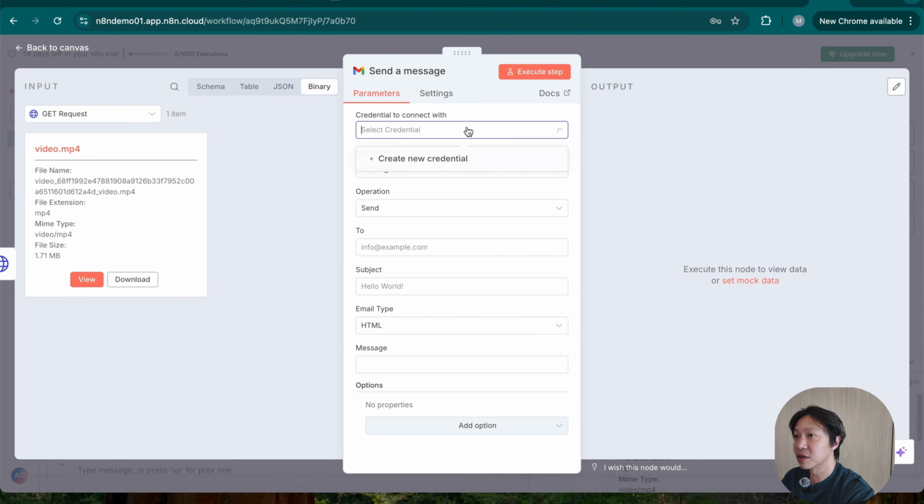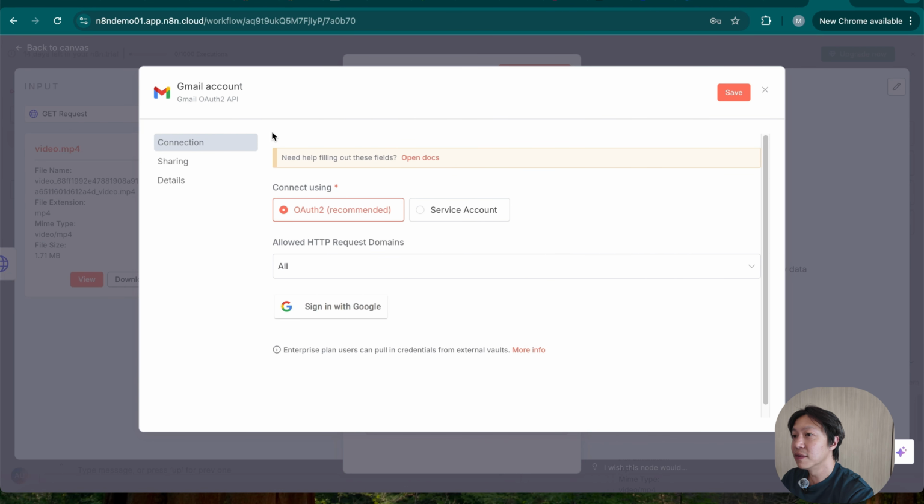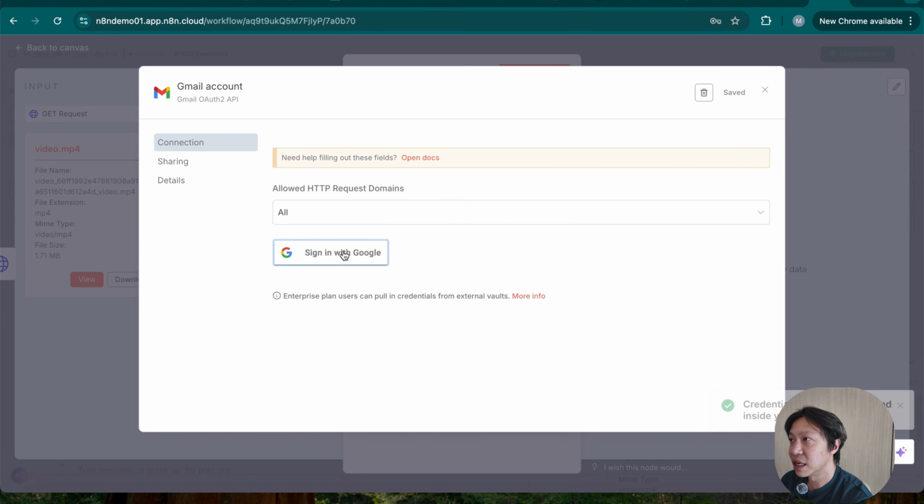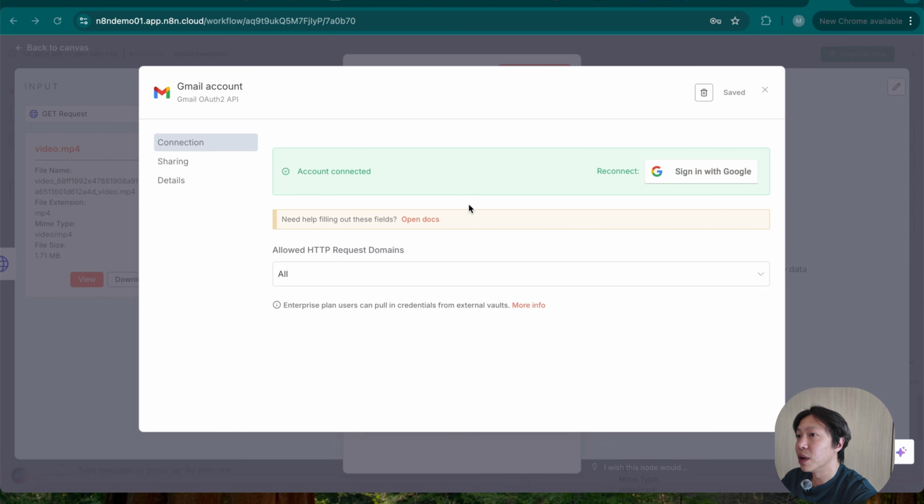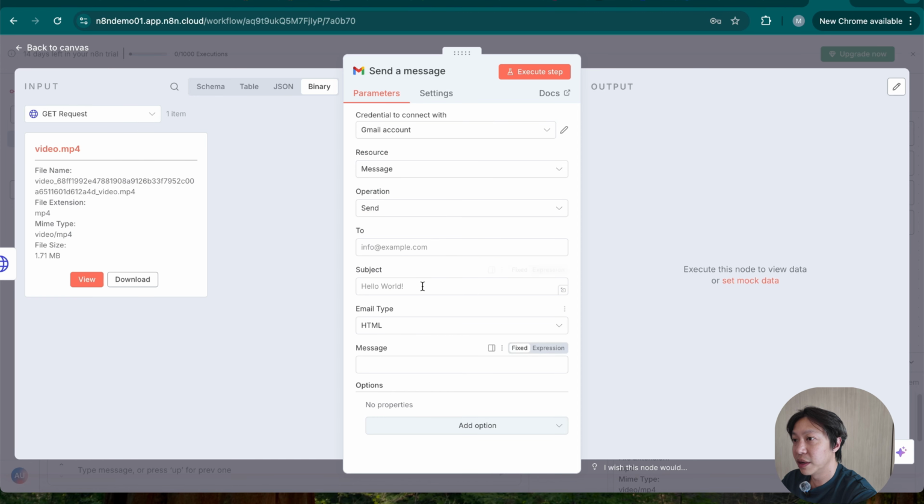So in this case, you want to connect a credential, so you can go create credential for Gmail. It's super easy. You can sign in directly from the n8n cloud instance. You can hit sign in from Google, and if you're using Google Chrome, a Google authentication page will pop up and just sign in from there. All right, so once your account is connected, what you want to do is head back here. So where you want to send this to is the email that you want to put in here. So I'm going to put in my email,